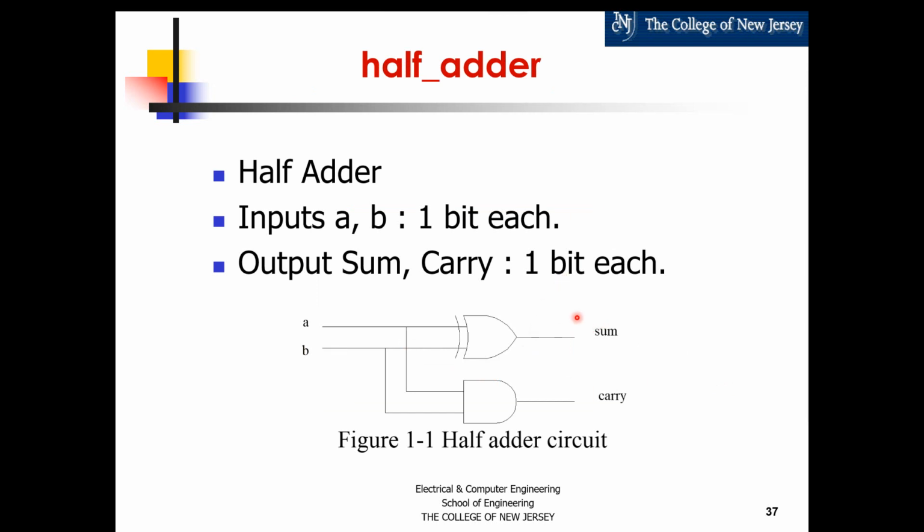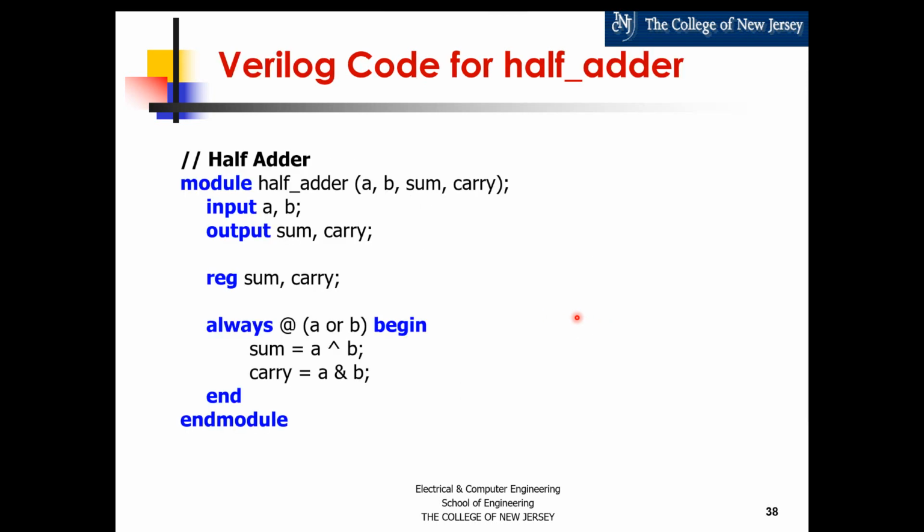So this half adder, behaviorally, we could code it this way. We have the name of the module and the ports, the inputs here, they're all 1 bit, the outputs. I'm going to come back to this. But here's that procedural assignment. Always at